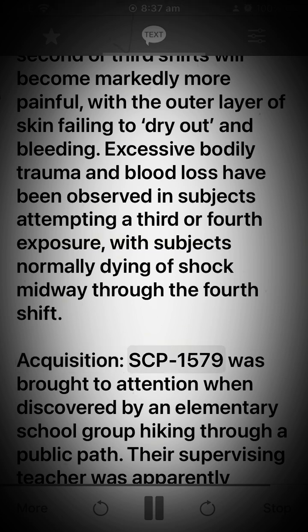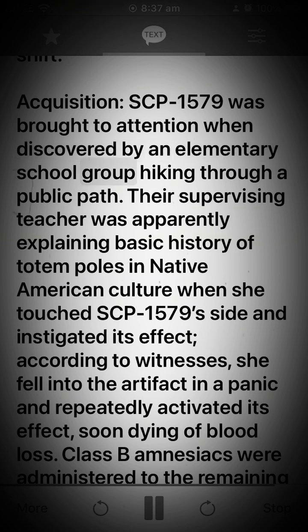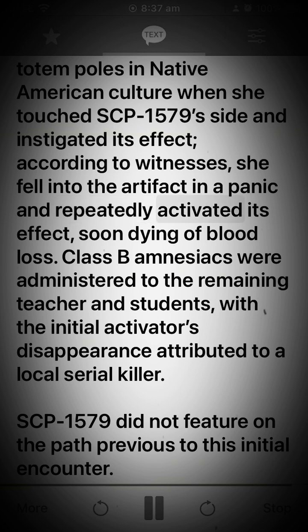Acquisition. SCP-1579 was brought to attention when discovered by an elementary school group hiking through a public path. Their supervising teacher was apparently explaining basic history of totem poles in Native American culture when she touched SCP-1579's side and instigated its effect. According to witnesses, she fell into the artifact in a panic and repeatedly activated its effect, soon dying of blood